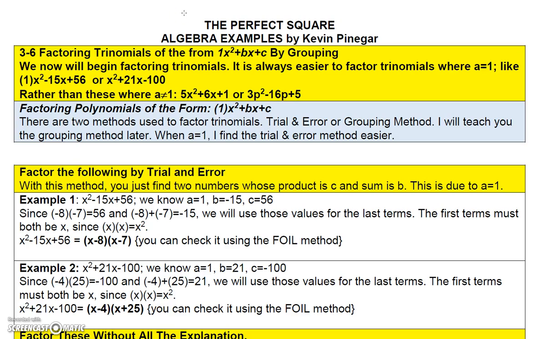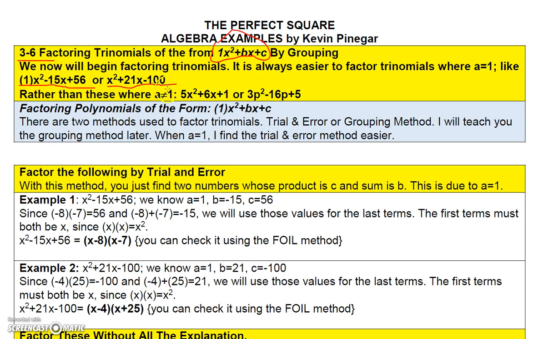Now we're going to talk about factoring trinomials, but we're going to start with the easy case first. So we're going to factor these trinomials, and we're going to only focus on trinomials of the form 1x squared plus bx plus c. In other words, where the coefficient of the x squared term is 1. And so, for example, we might focus on factoring x squared minus 15x plus 56, or x squared plus 21x